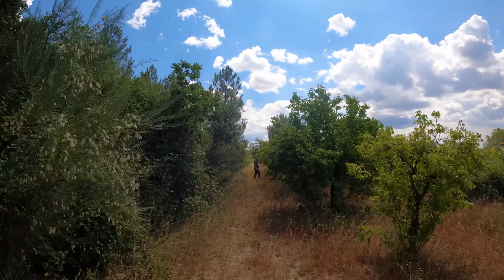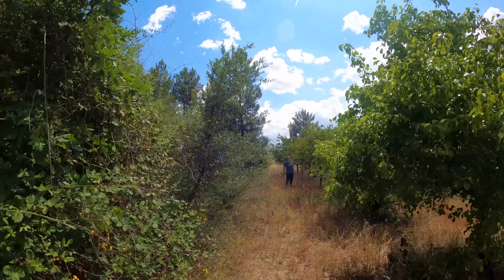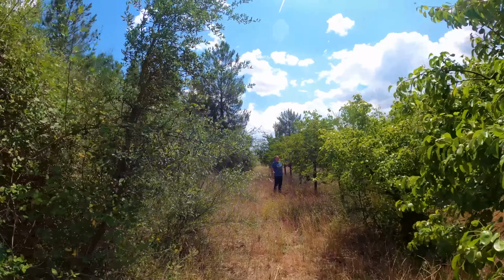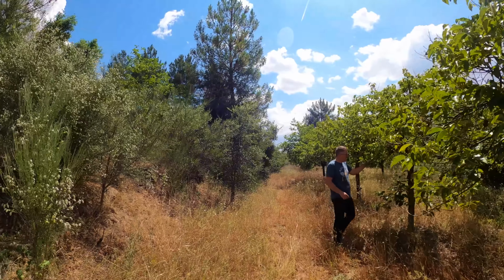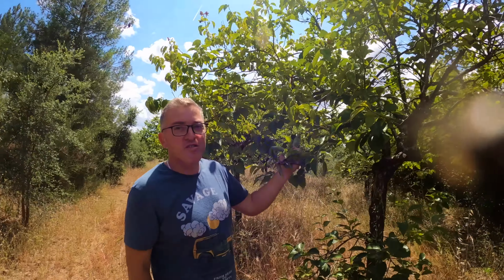Onde eu posso? Lá embaixo, yeah, right at the bottom of the land. There's a large well full of water. So of course you can get all of your water for irrigation and livestock drinking and everything from there. If you were to build a house here though, you would most probably want to